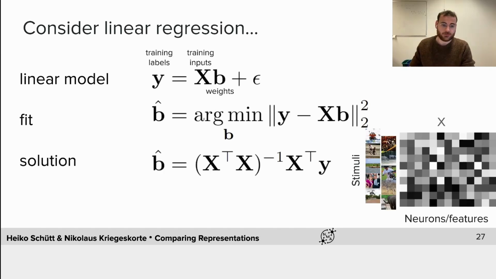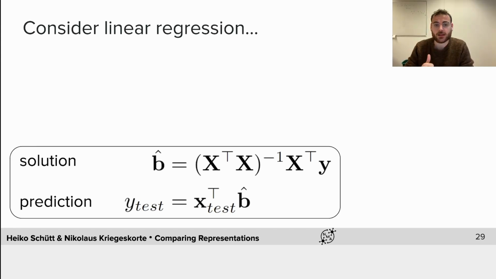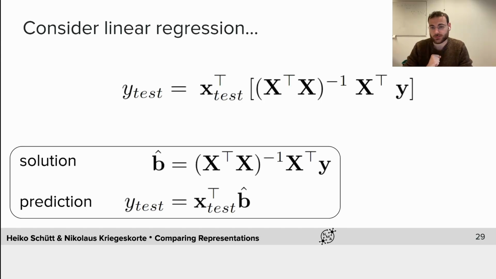And this will give us a vector of weights here. And then we can take our weight vector, multiply it with the features for our test stimuli, and make predictions, right? So this is how we would train a linear readout from our model. To understand how this linear readout generalizes, we need to put those two things together, which gives us this formula,